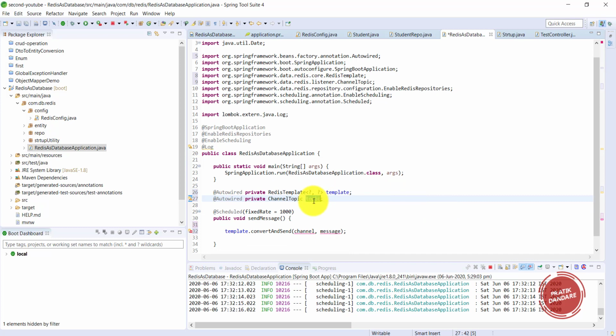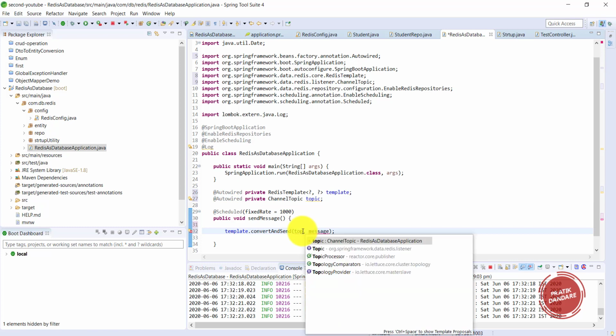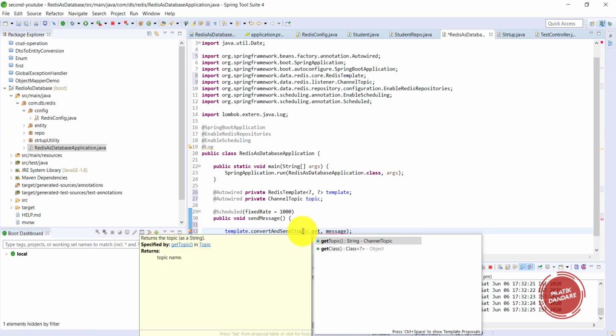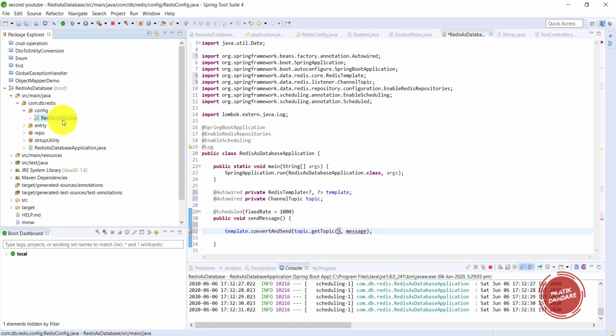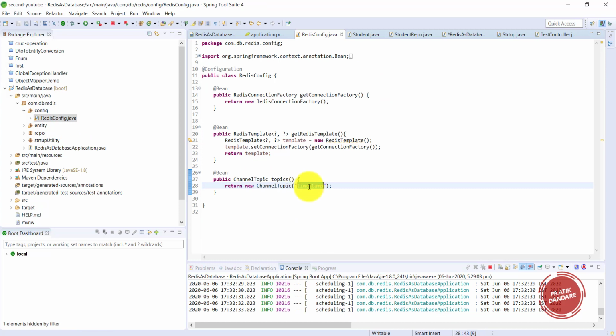Now topic has the method named getTopic. Whenever we execute that getTopic method, we get whatever topic we set here. We can change it, or I can make it "code with Pratik". It's good. So this is our topic name for now.